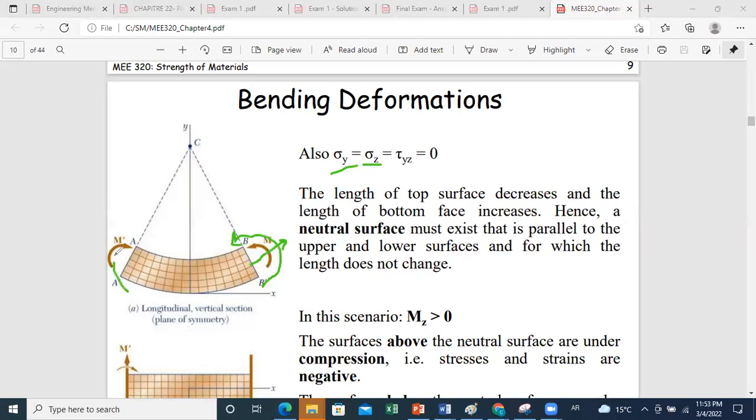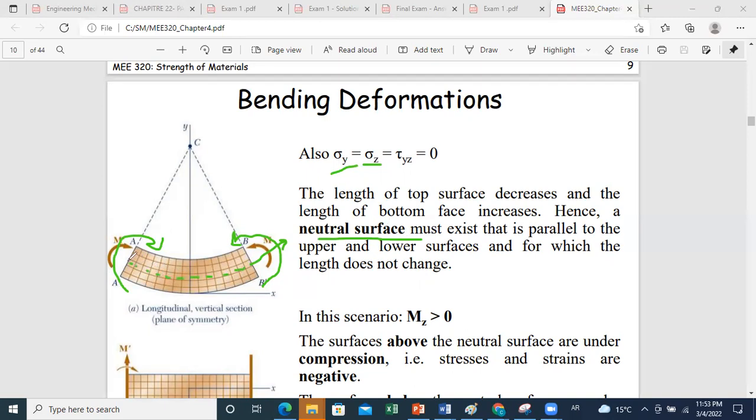So the upper part length will decrease, the lower part, as we said, will increase, and we have a certain neutral surface existing between top and bottom that is parallel to the upper and lower surfaces, and for which the length does not change. Okay, so this is what we'll try to find. What is the location of the neutral axis and how it can help us in knowing the distribution of normal